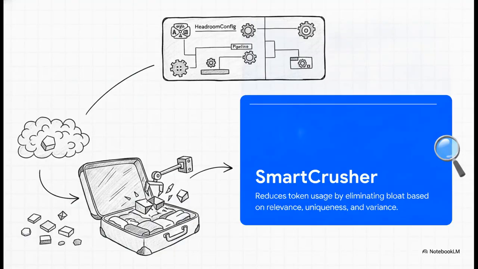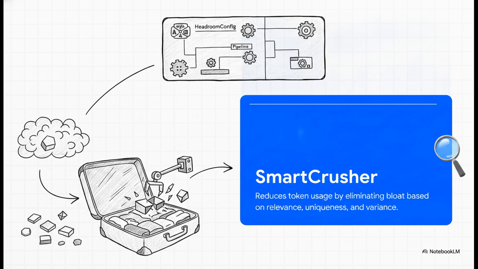Okay, so when we open up the top-level Headroom config object, which is basically the command center for the whole pipeline, the real star of the show is the SmartCrusher. Think of the SmartCrusher like packing a suitcase with absolute ruthless efficiency. It actively chops down your token usage by analyzing your payload and just tossing out the noise based on relevance, uniqueness, and variance. Bottom line, you only end up paying for the essential context that the LLM actually needs to